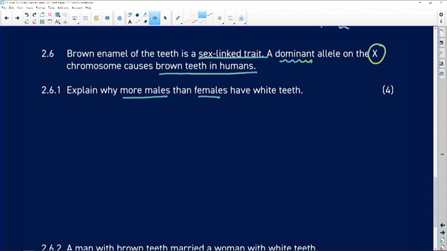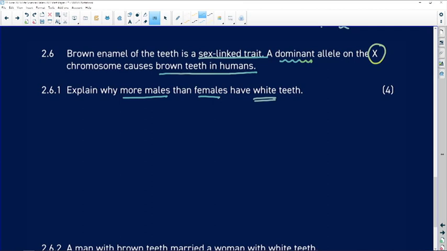Remember that if we have, sorry, Adelaide, I need to stop you there. Is this supposed to be brown? Does it say white? And can you just read the question?